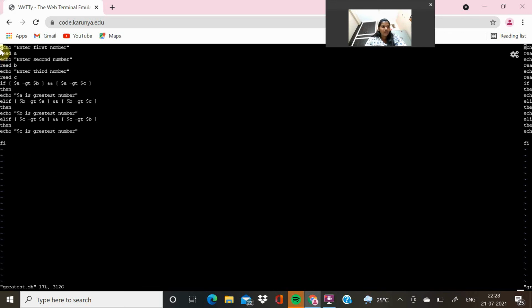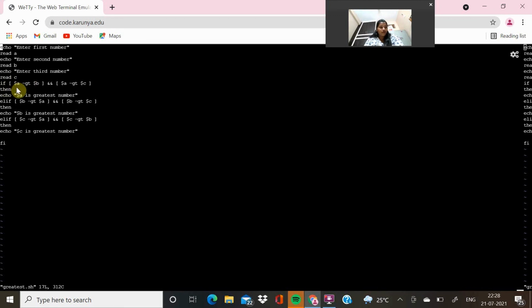And here we got the first echo statement, which means printf statement. Echo, enter the first number, we are giving input. Then read means scanf, so we read a. Same as echo, enter second number and read b. Echo, enter third number, read c.